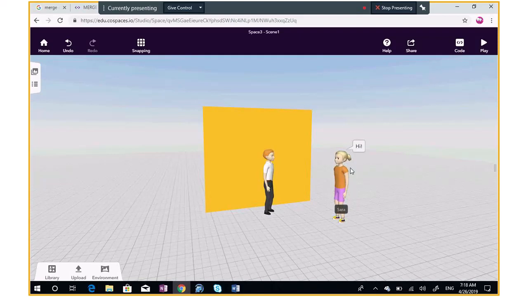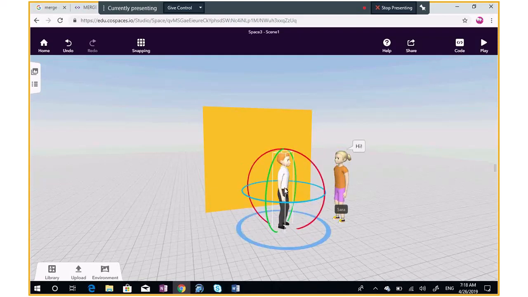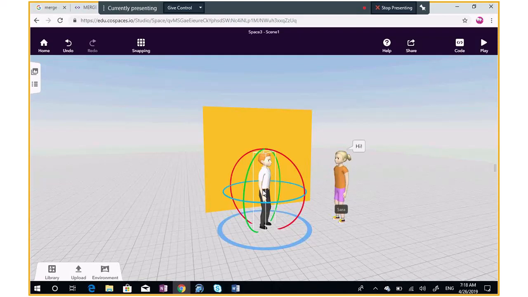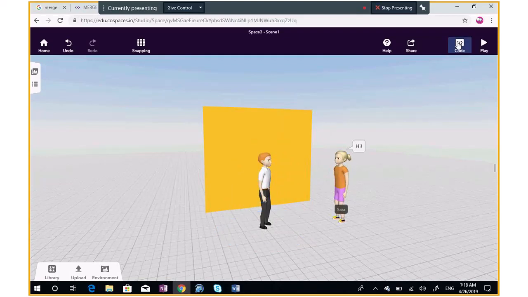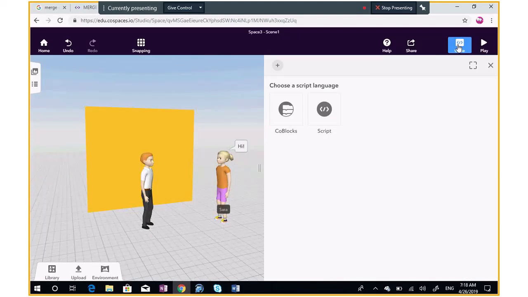But in my plan, I don't want her to start saying hi from the beginning. Maybe I need her to shake hands with him or come forward. So let's go right back to the codes. If you click on code here, you will find two ways to start the codes: code blocks or JavaScript. I think the easiest way is to use code blocks. Click on it,